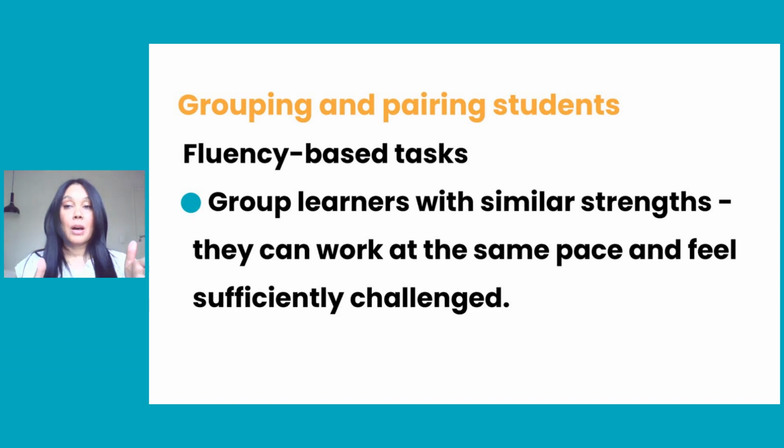You're seeing a bit of a shift with your accuracy-based tasks. Pair students who find the tasks difficult with students who excel at them. But when we get to fluency, there's that like-minded approach, right? So pair or group students who have similar strengths so that they can all feel like they're more or less on the same page. Sufficiently challenged, nice pace, and a pace that they can work with, a pace that is familiar and feels comfortable. And that's not to say that you'll have students who are just going for the activity and moving along really quickly. That's fine. They're all moving along quickly together. And those that are moving along a little slowly, that's also all right because they're all on the same page.